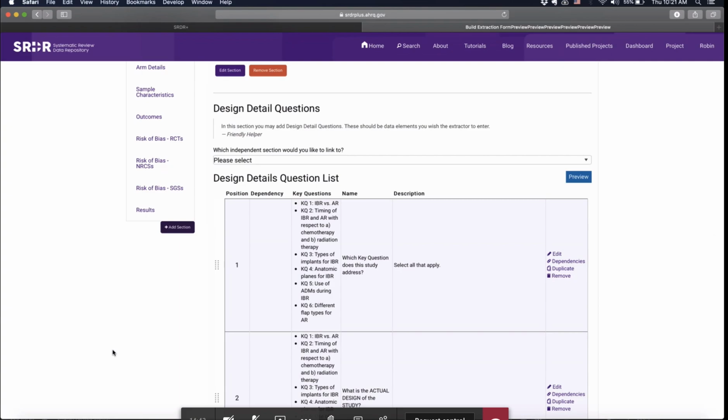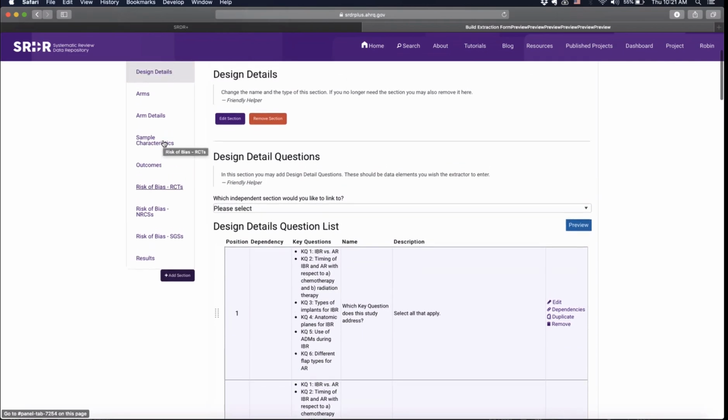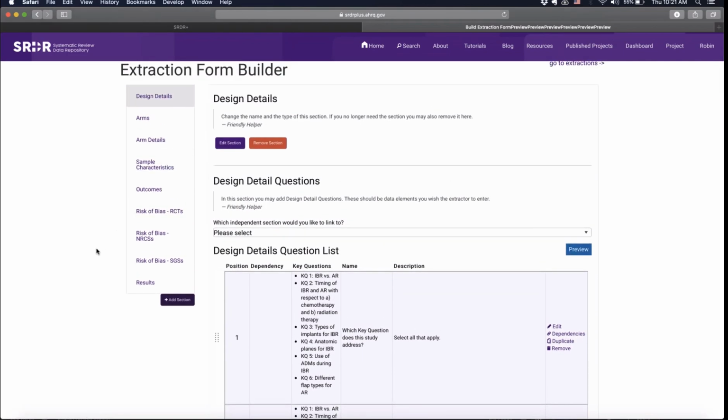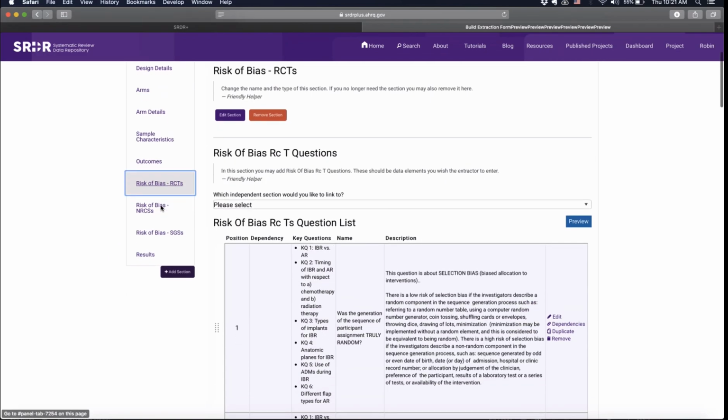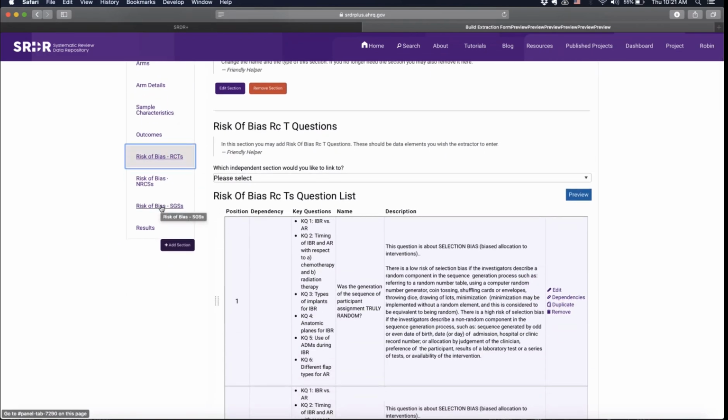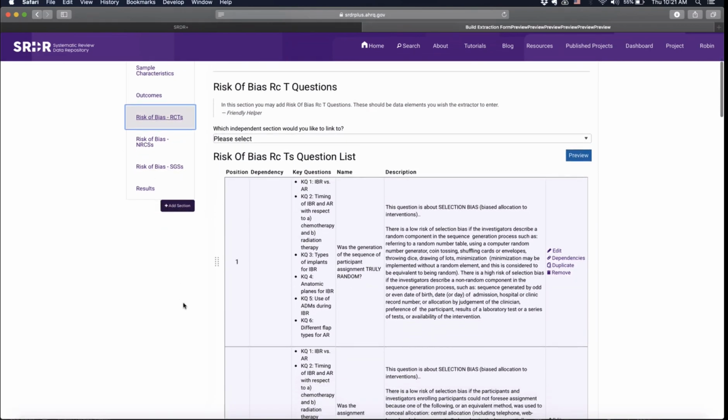Let's go to the randomized trials one just for demonstration purposes here. Which one? The RCTs, risk-of-bias RCTs. So you see here, what we have is one of the questions about random sequence generation and so on. One of the things it allows you to do, I don't want to do it now, but a lot of these instruments, as you know, the ROBINS-I or the Cochrane risk-of-bias tool, et cetera,